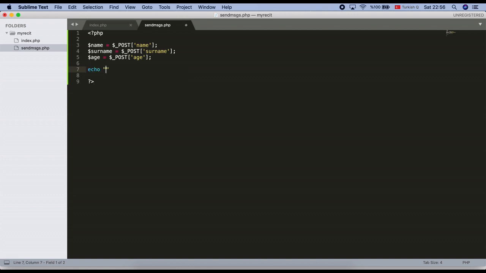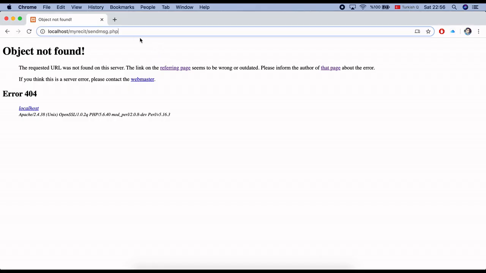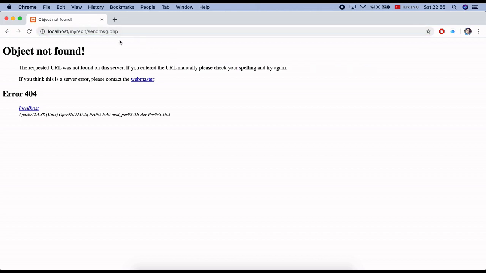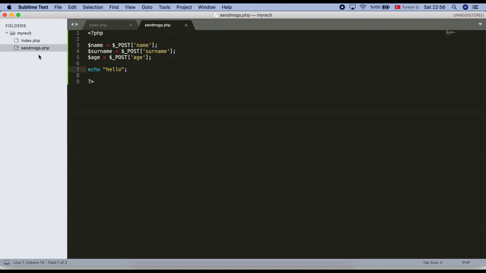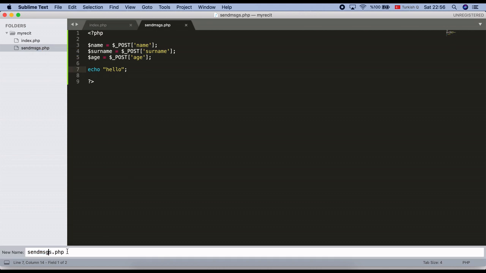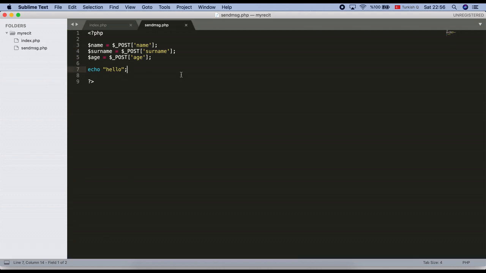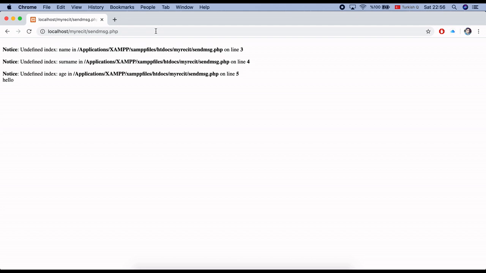So echo means it is writing. I want to write something with PHP. First, let's say I just want to echo hello. I want to write just hello. Let's go to that page. Send message. This name is not correct. It will be message. Yes. So we can go on. Send message. Yes, we can see hello, but there are some